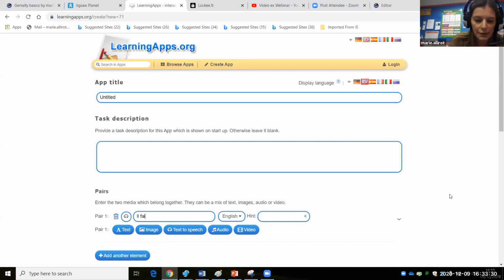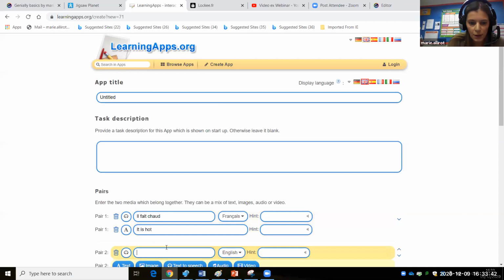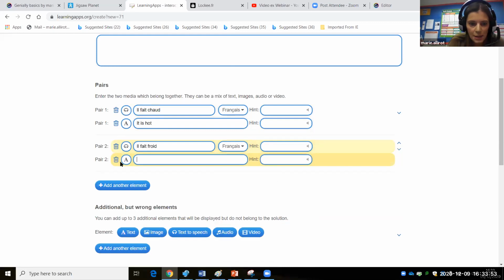So for example, if I write il fait chaud, so this is going to be in French and they have to match it with it is hot in English, the writing. I'll add another element. Il fait froid. You need to make sure you choose the correct language. Otherwise, it doesn't sound French at all. Il fait froid, français. And it is cold.